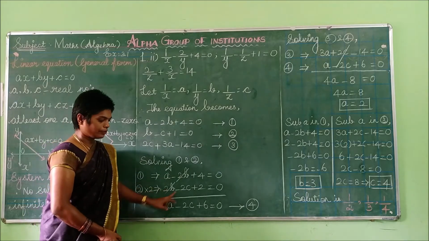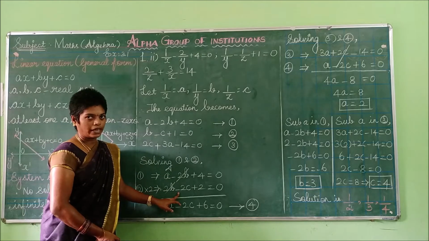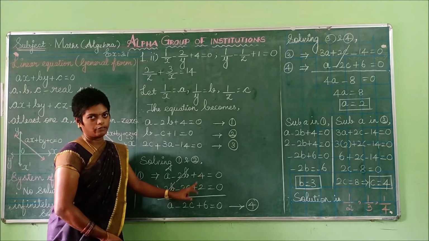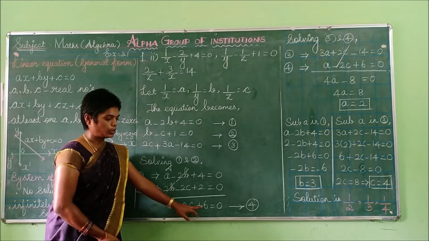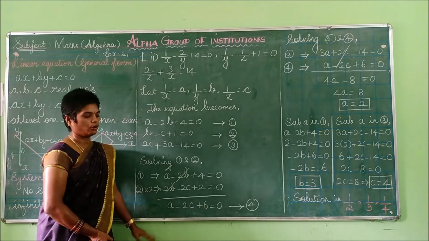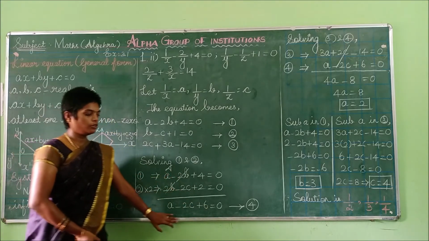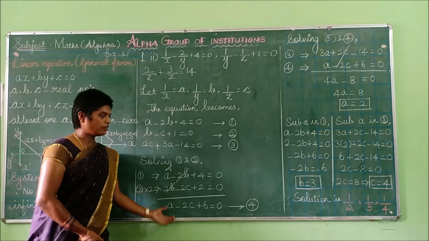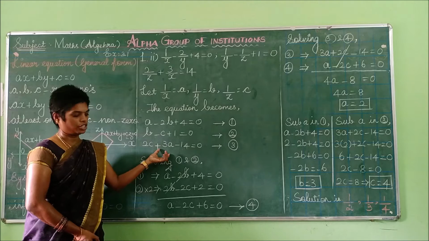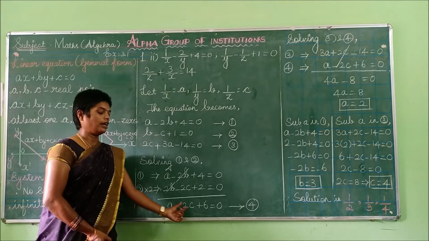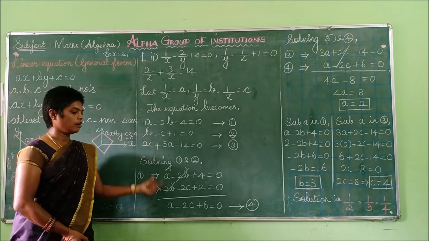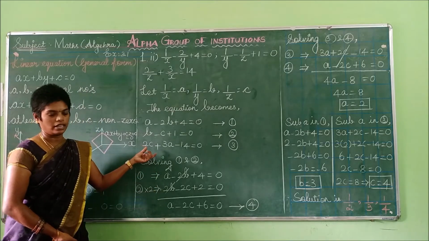So here A, then the sign is negative, so minus 2c. Both are positive. How to add? 4 plus 2 is what? 4 plus 2 is 6, which is equal to 0. By solving these two equations, you get another equation. So now look, this equation is similar to the other equations. Here the variables are A and C. The third equation also contains A and C. Now we can solve the fourth equation and the third equation.